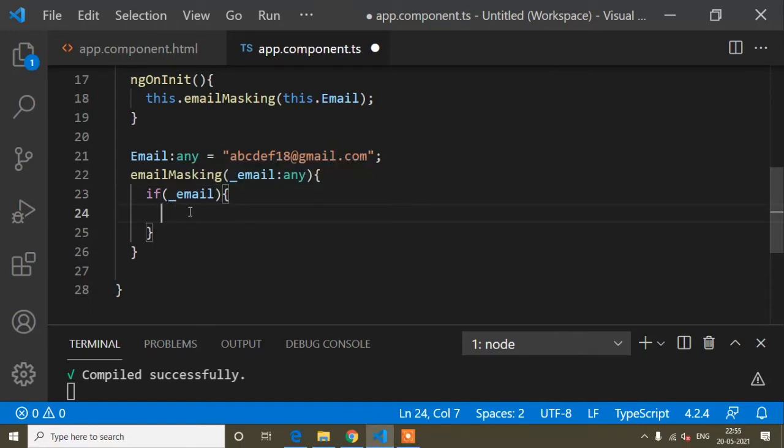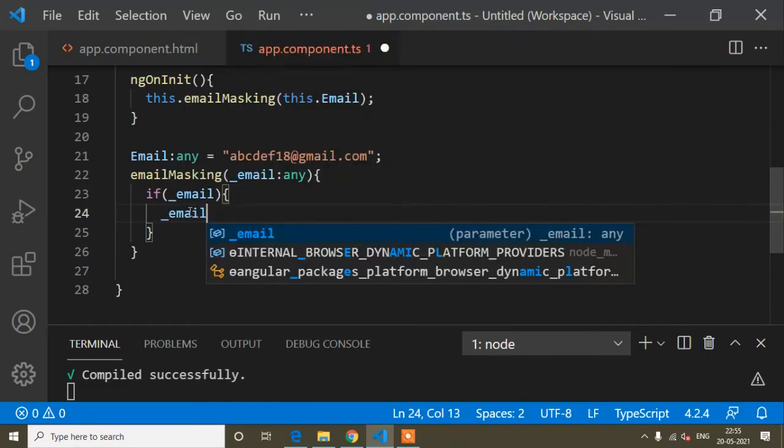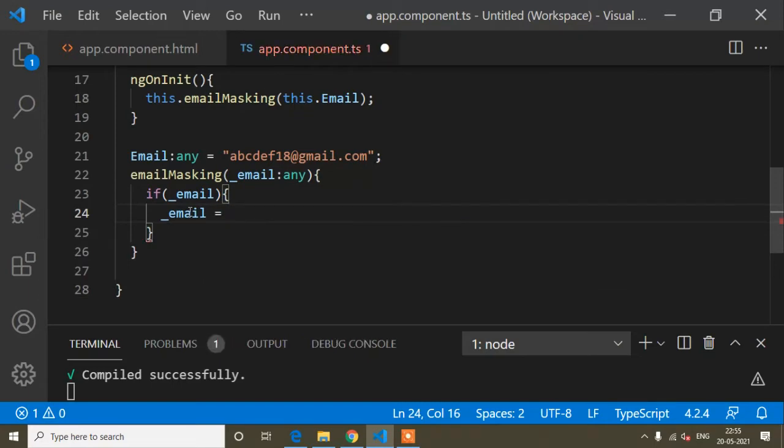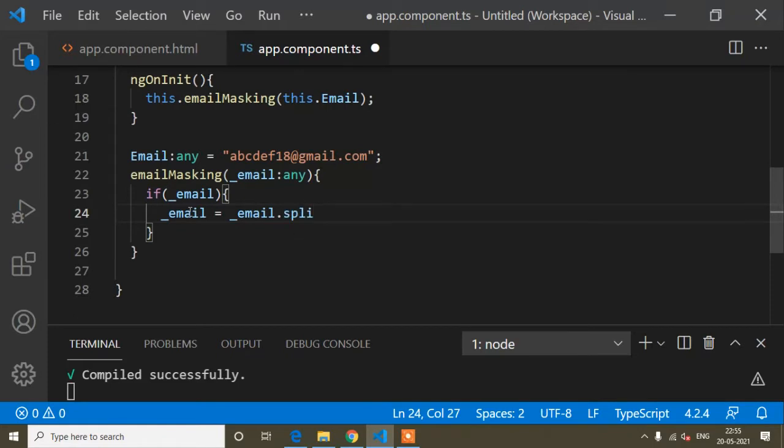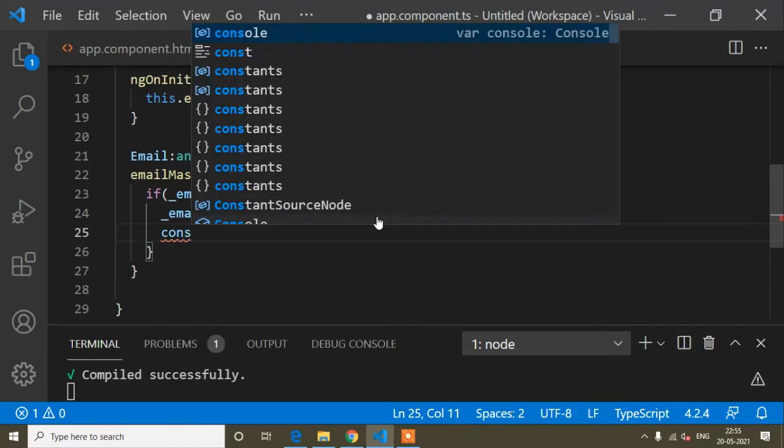After writing this line, I will write email equals this email.split, the split method. What is the use of the split method? I will write it in the console so you will understand.